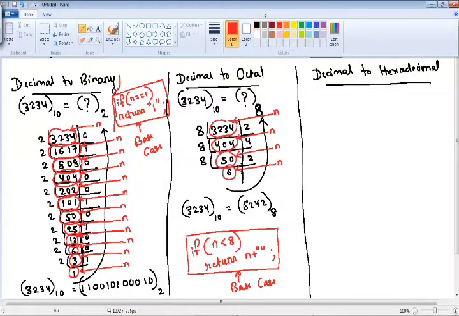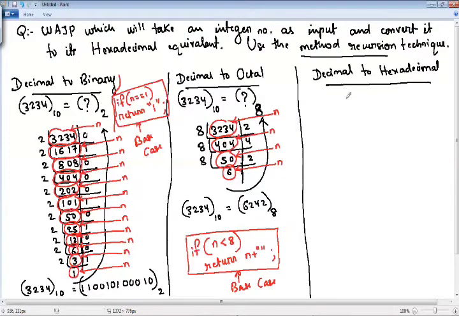Now let me show you decimal to hexadecimal. Suppose the same number 3234, whose base is 10, is equal to question mark, whose base is 16. The base 10 means the number belongs to the decimal number system, and base 16 means the number belongs to the hexadecimal number system. So the question mark is asking you to find the hexadecimal equivalent of this number